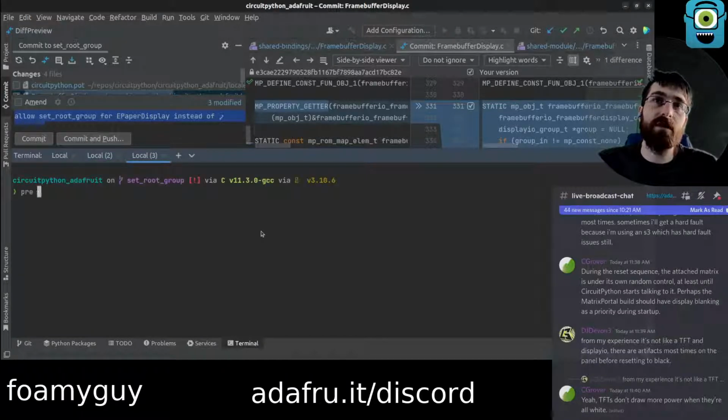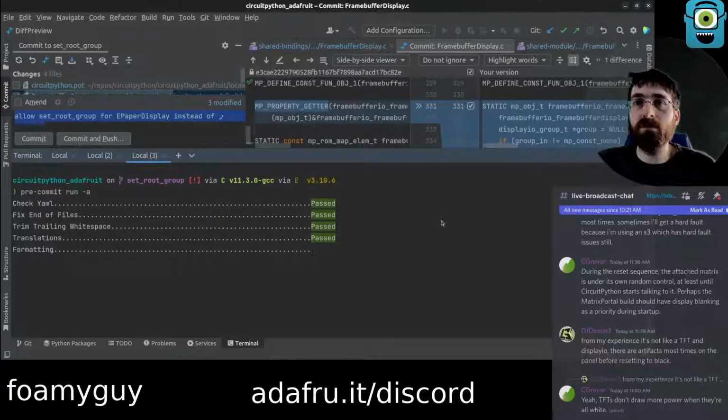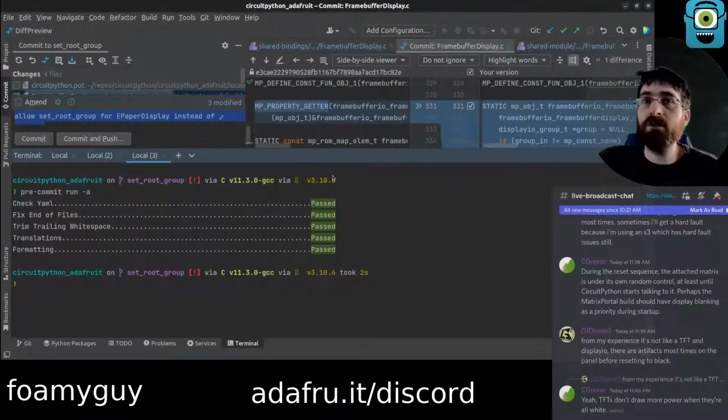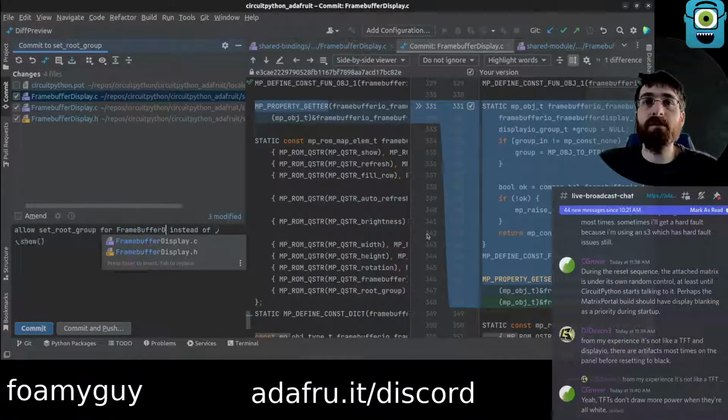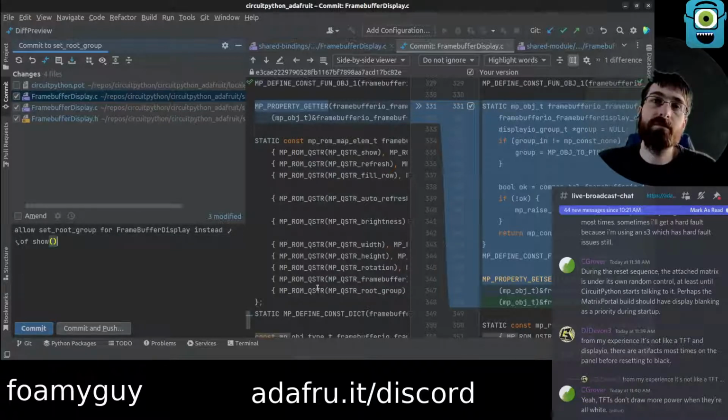I'm going to do that, pre-commit run A, just to make sure. It's better to find it here than after we push and find it from actions that it's going to fail. We don't want to commit that. We do want to commit all of those. Allow set root group for frame buffer display instead of show. Change the internal API as well, but